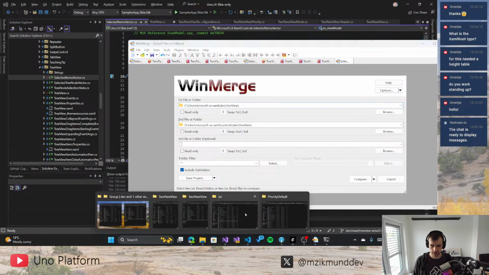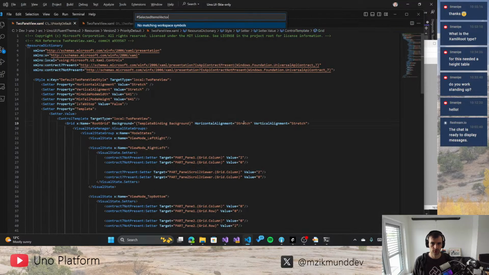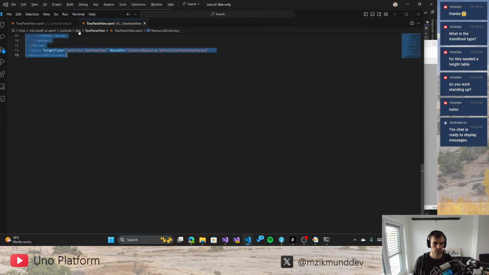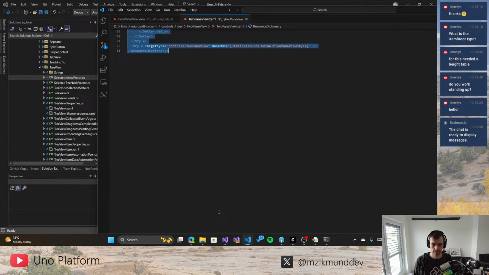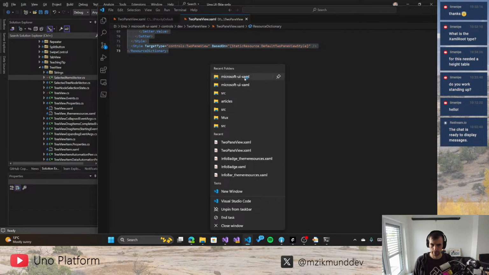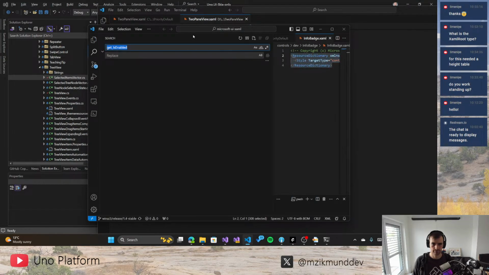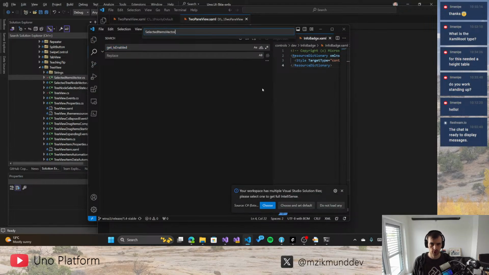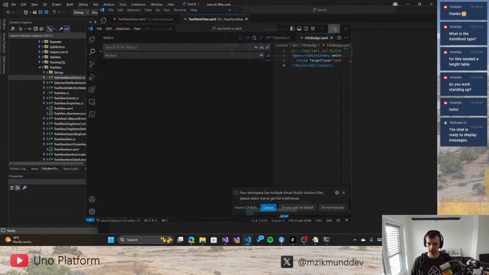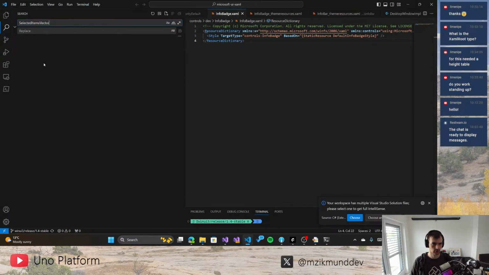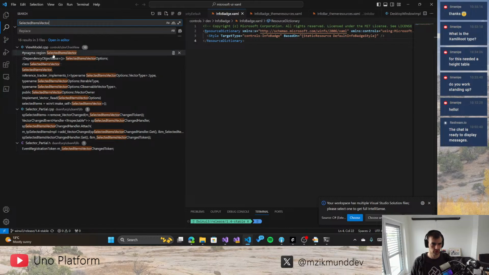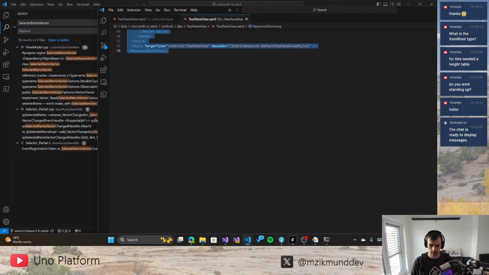So where is selected items vector? We just have it in a wrong location, and that means that we are not getting it. So it's in view model CPP. I see. So it's in view model, and we just put it in a separate file to make it